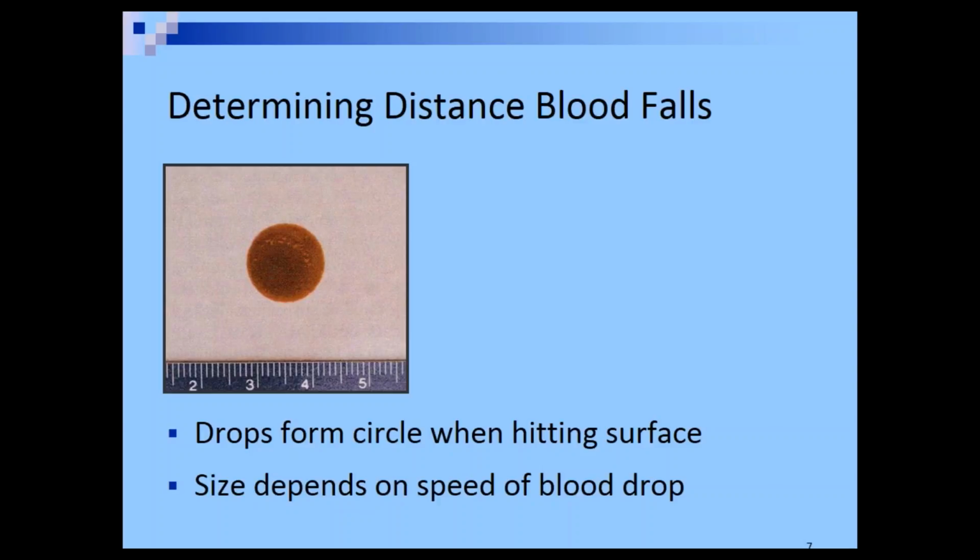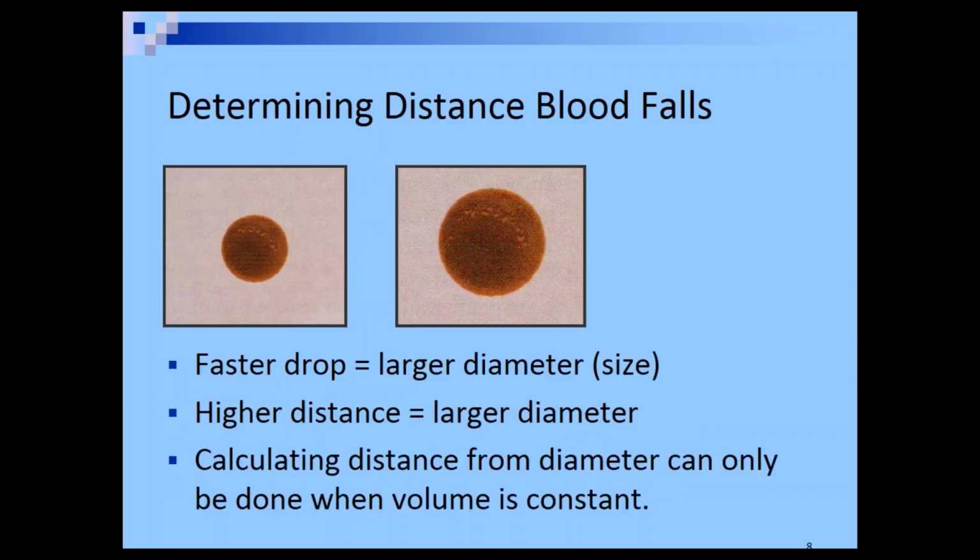Okay, so in theory, if you had two blood drops that were identical in every other single way, except one fell a farther distance and was traveling faster, okay, because of acceleration, then in theory it would hit and spread out a little bit more than a blood drop that fell from a shorter distance and was traveling slower. Okay. The problem is that even though faster drop, larger diameter, higher distance, larger diameter,